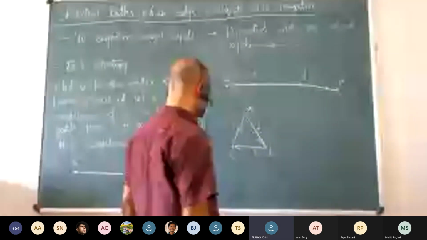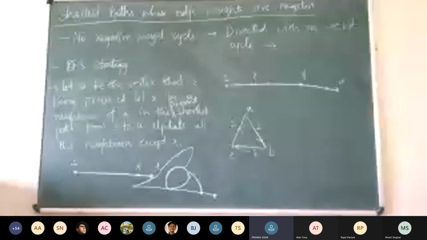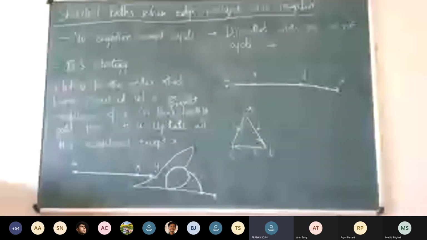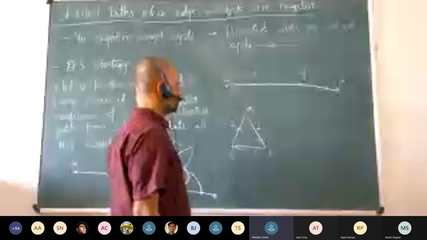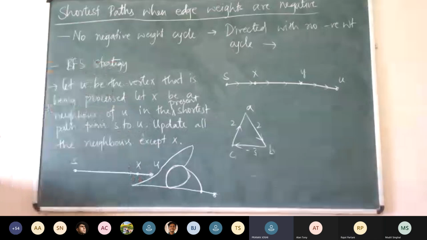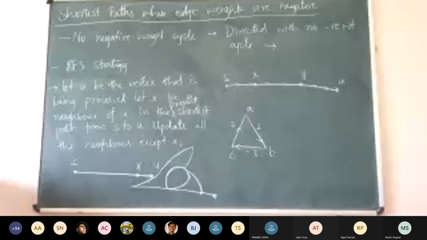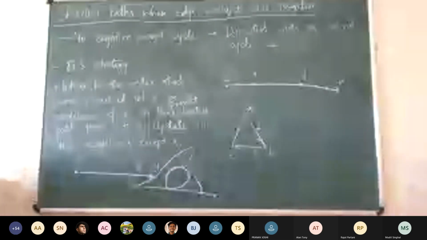Now shortest distances are different. Here A to C, the shortest distance is from A B C, which is -1. But with B we can find a shorter distance, no? Where is the shorter one? It is already shorter. It is 2 only. A to B is always 2. There is nothing lesser than 2.